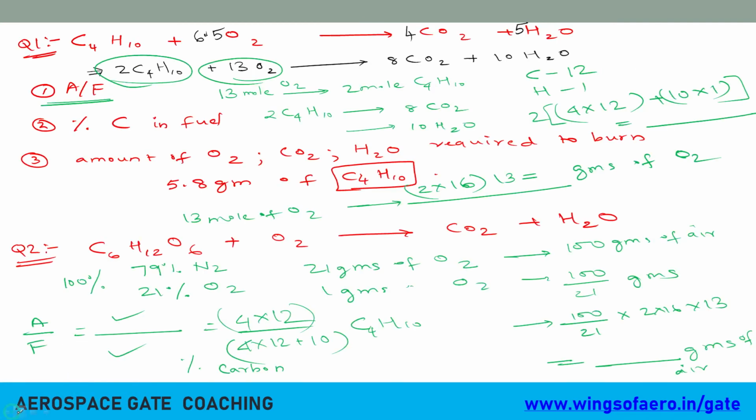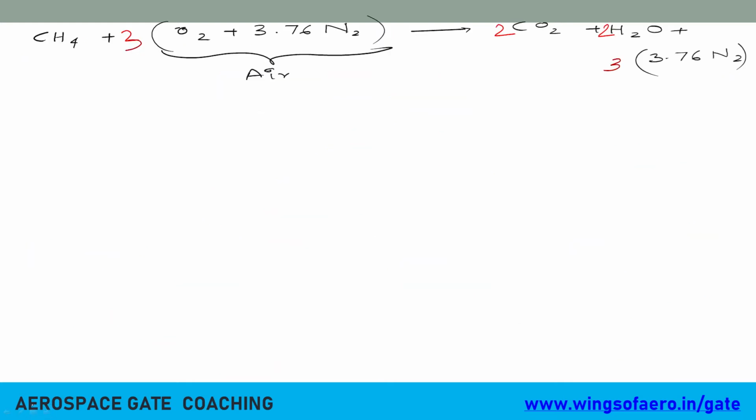Now, don't get confused about one thing. Here I said they have just taken oxygen. Now, in case they are telling you mixing CH4 with air, if they are mentioning air specifically instead of oxygen, you have to frame this equation as O2 plus 3.76 N2. Ma'am, they are together. Whether you multiply or not is no problem, ma'am, because the left side also has nitrogen and the right side also has the same amount, ma'am. 3.76 here or 3.76 here.